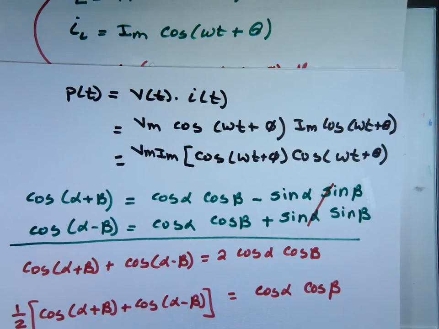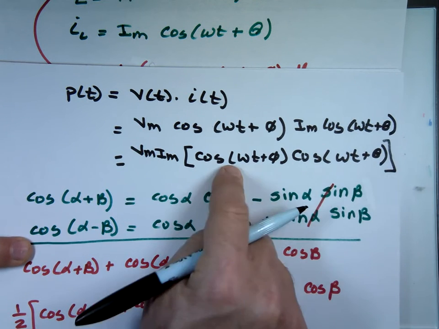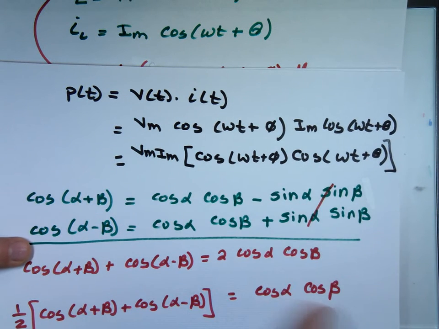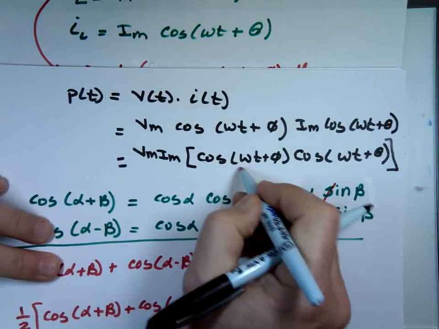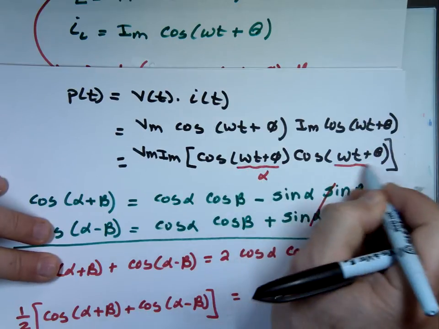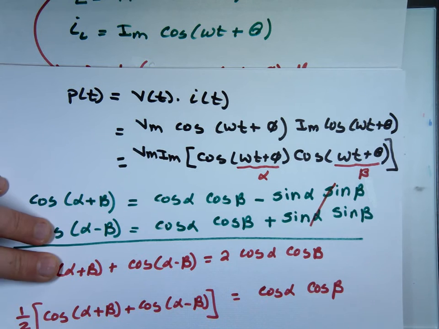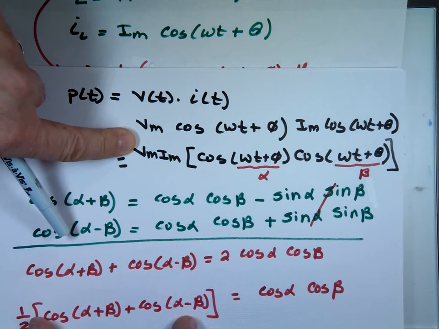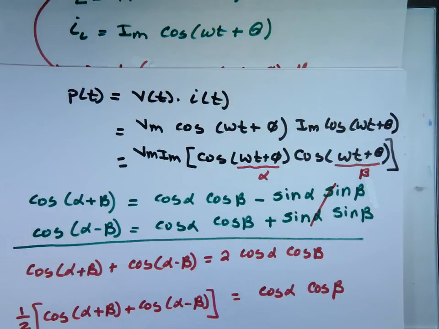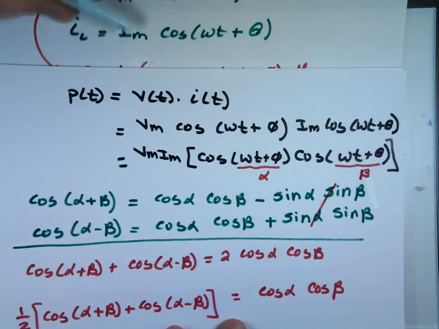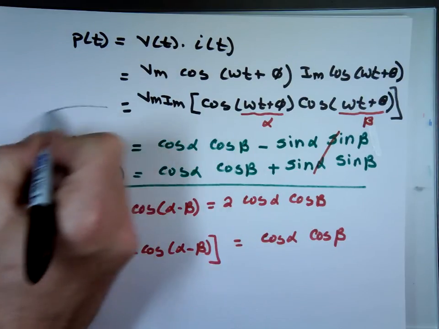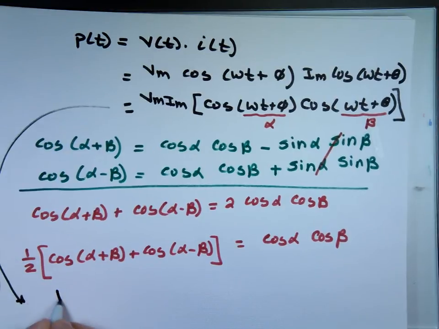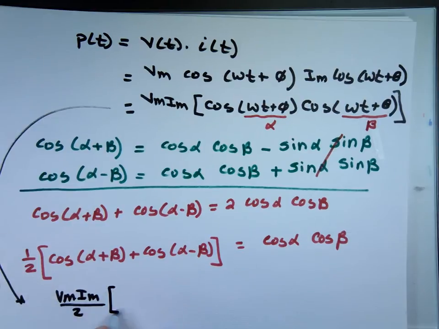Why am I interested in that? Look right here. I have cosine times cosine. I can use this identity. This is my alpha, this is my beta. So I can take this and replace it with that. So I'll have Vm I sub m over 2. This equation right here becomes Vm I sub m over 2, because of the 1/2 here, times cosine of the sum of them,